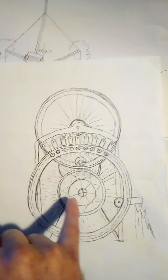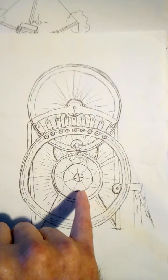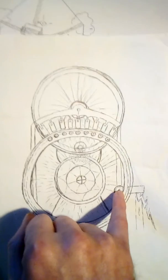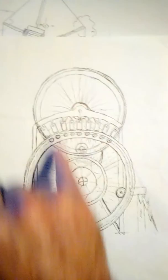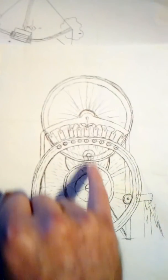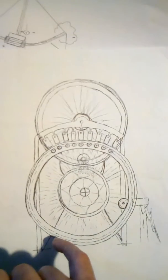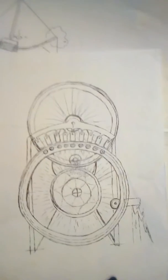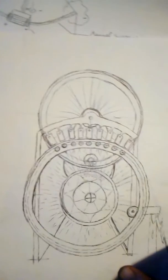But I like this design, I like this drawing, mainly because it looks like you've got a little Eskimo cat here in the middle. There's an Eskimo cat staring at the ball constantly. Up here it looks like you have a sitting dog, and I don't know, maybe the sitting dog is looking at that ball there, or a nun lady. I find that pretty artistic, what I did there. It just came out as it did. But anyway,